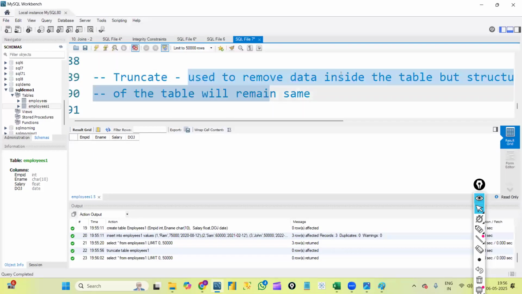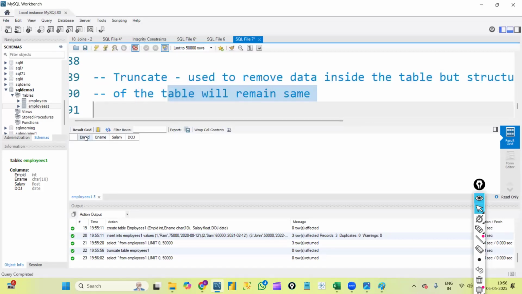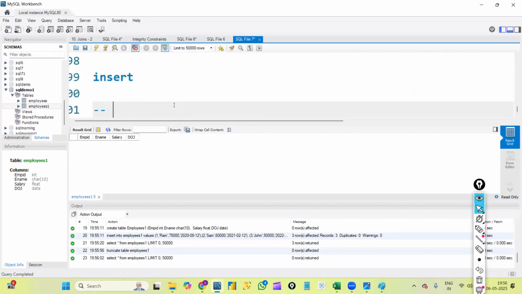That is what I said, use it to remove data inside the table, but the structure of the table will remain the same. Structure means the table name, employees one, and the column names, that is employee id, employee name, salary, date of joining, and all the data types we defined. Okay, the structure will be as it is, only the data inside is removed. Now I can simply use the insert command and insert new rows or new data, right? So if we are facing a scenario where we want to maintain the same structure, same column names, same data types of the table, but I want to remove complete data from it and insert new data,